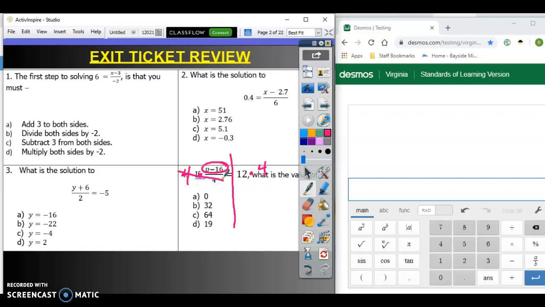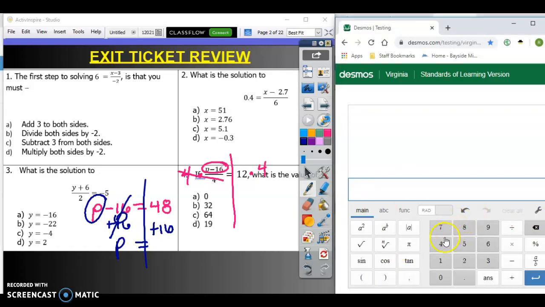That cancels out, and what we're left with is p minus 16. I'm going to do this over here. P minus 16 equals 12 times 4 is 48. So now we want to get this p all alone, isolate the variable. So the opposite of this minus 16 is plus 16. Once again, please type it in just to make sure you get 0. And we do. So that means that we're going to add 16 to both sides. That gave me 0. P equals, and then we type this in just to make sure we have the right answer. 48 plus 16 gives you